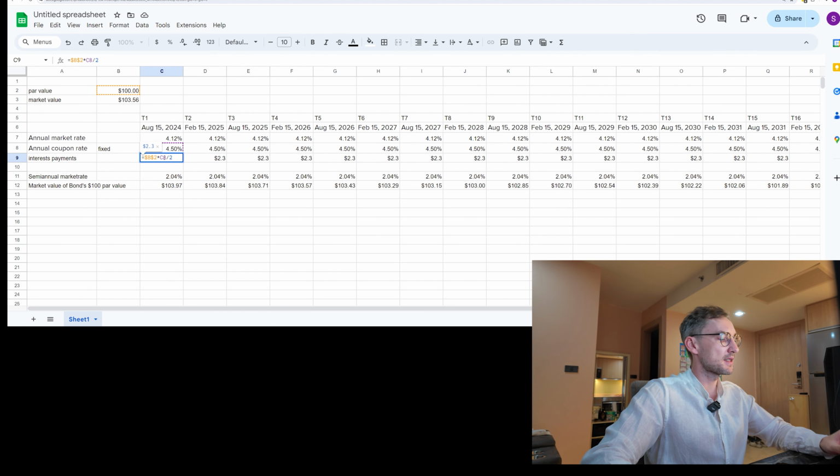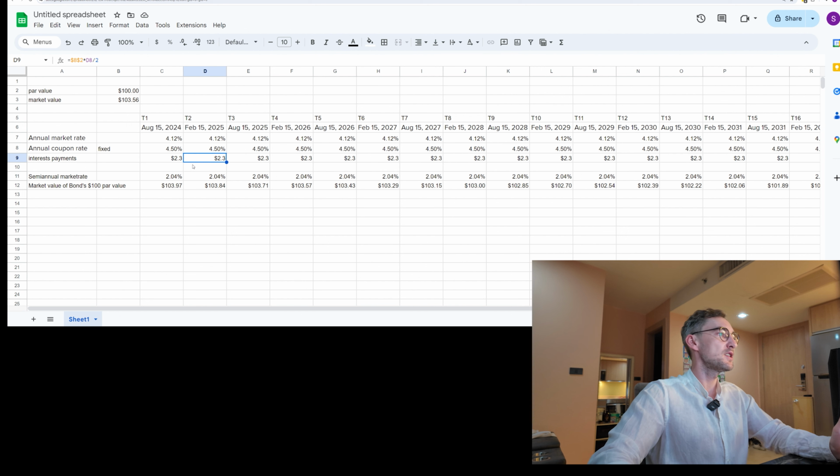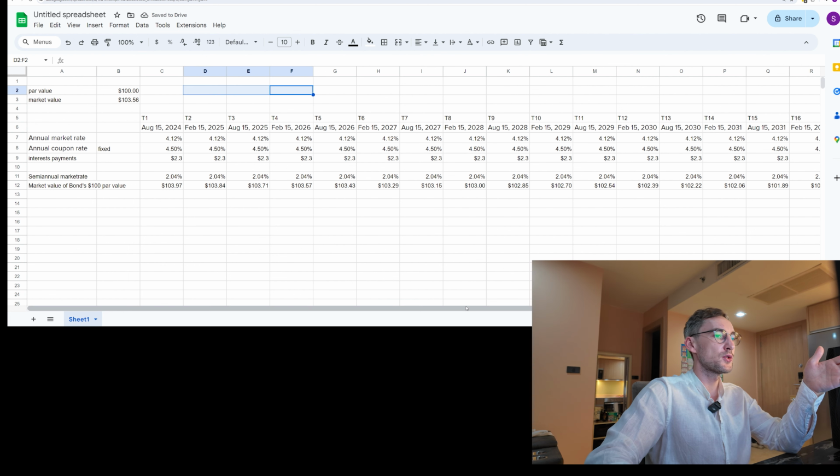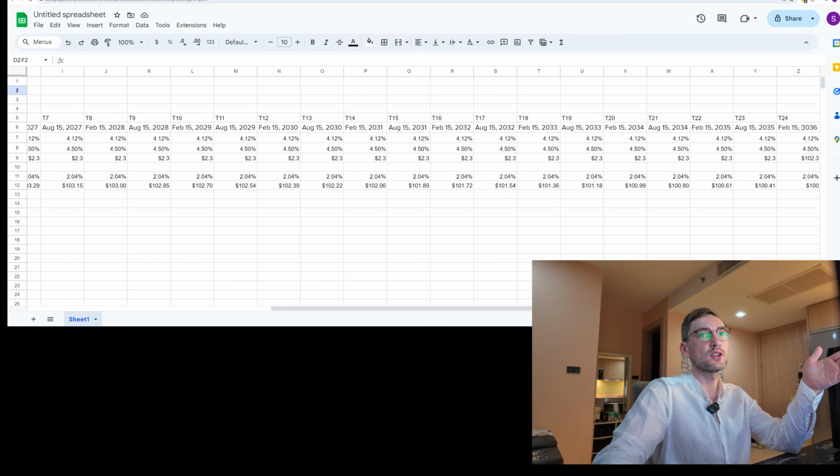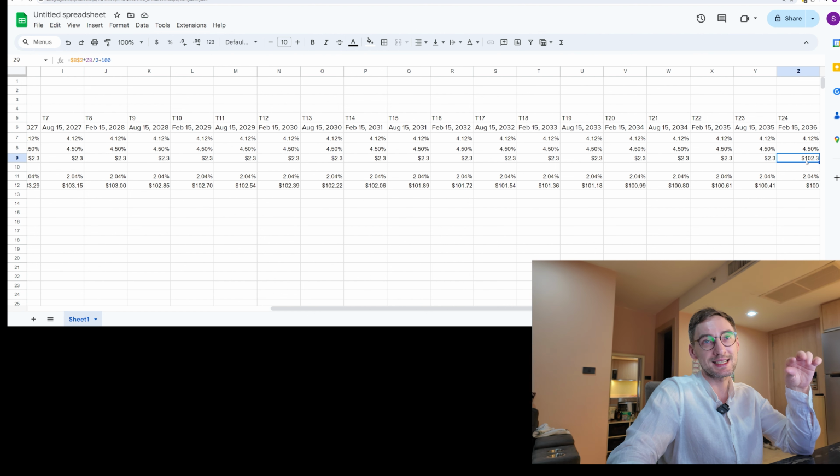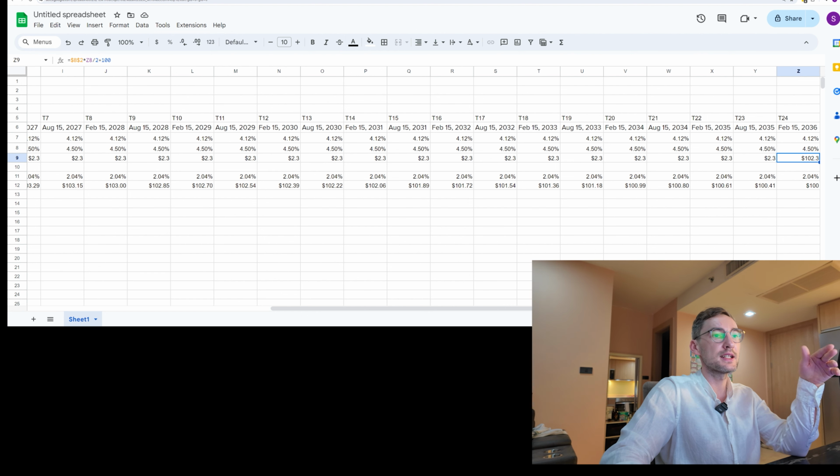And the interest payments they're going to pay us are calculated in a very easy way. Per every $100 of debt, you multiply by 4.5% and divide by 2 because they pay semi-annually and this is an annual rate. So you'll get about $2.3 per every $100 of debt every 6 months. And I built it through the very end. So if I hold it until 2036, I'll be getting this $2.3 per every $100 of a bond until the very end,